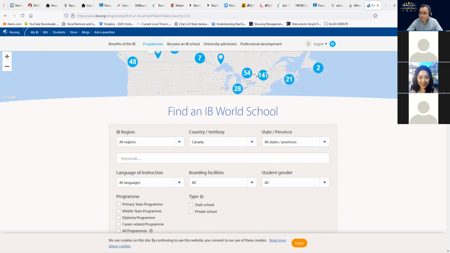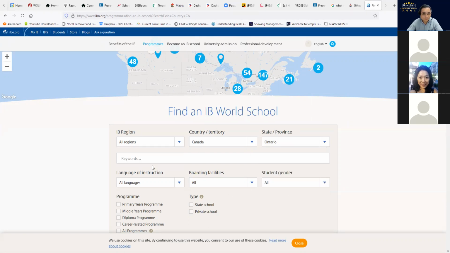Okay, so the link on our agent resource page for the community and schools goes to the IB organization worldwide, introducing the programs and the job opportunities and some student information. The link that I gave you is the direct link to see the list of the schools. So you can select the region. It is set as Canada before I gave the link. You can select Ontario as the province.